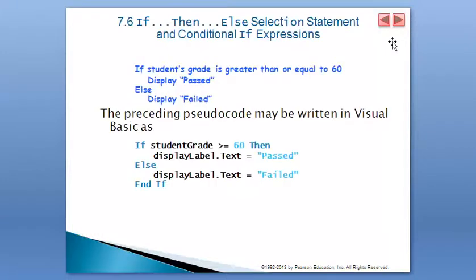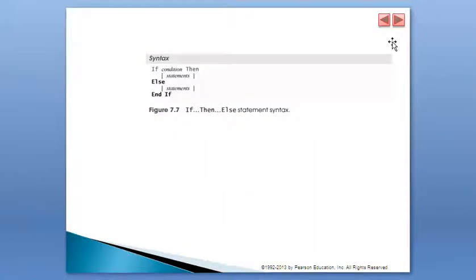So then in section 7.6 of the textbook, they talk about the if-else. In the if-else, if the grade is greater than or equal to 60, well, okay, we know that we display pass, but what about otherwise? That's the else part, then display fail, and that code illustrates that example. And this is the format for that. There is an if, and a condition that evaluates to either true or false. If it's true, then we execute the statements that follow the then. If the condition is false, then we execute the statements next to the else, before the